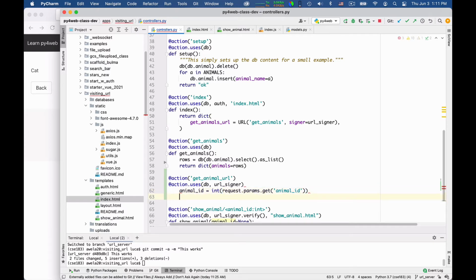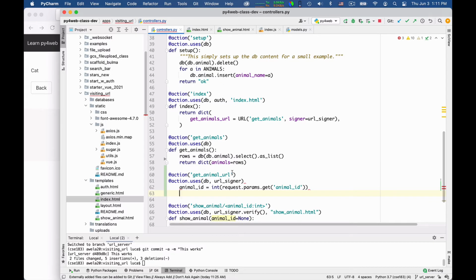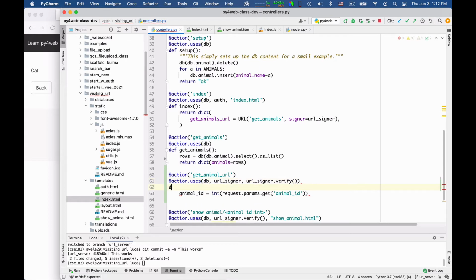And then once we have the animal ID, we trust that it is a reasonable animal ID. This URL would probably need to be signed, so let me write URL signer.verify, so that not everybody can ask me for signed URLs. And so once this is done, sorry, I forgot def get animal URL.